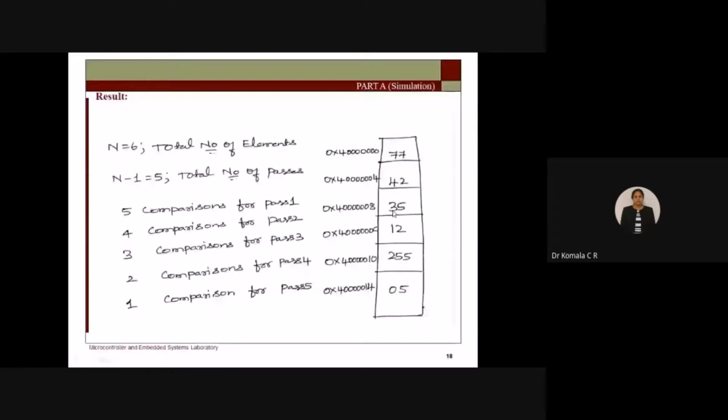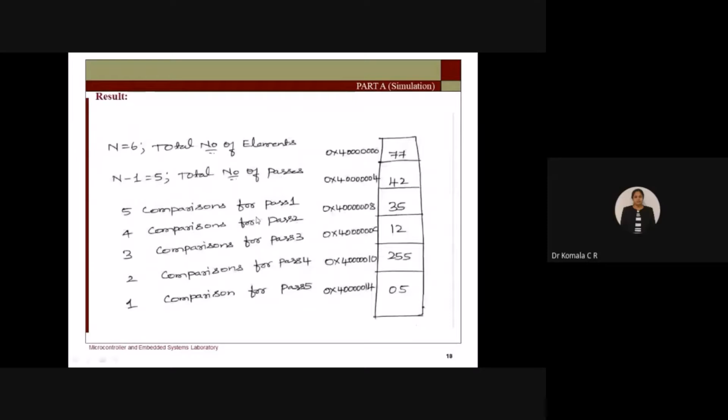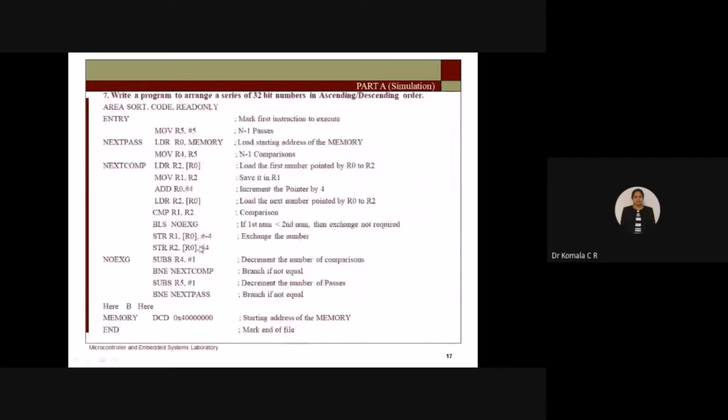Right? So where is that? I have already swapped it. Once I swap, I have come to the next location again. 35 is put in the second cell and 77 is in the third cell. Your R0 is pointing to the third cell now. Correct? Before, you were here, then you went there, and again you came back here. That's all. Next step. Once you finish, how many comparisons did you do? One comparison was done. Next, the second comparison is done. 3 more comparisons are left.